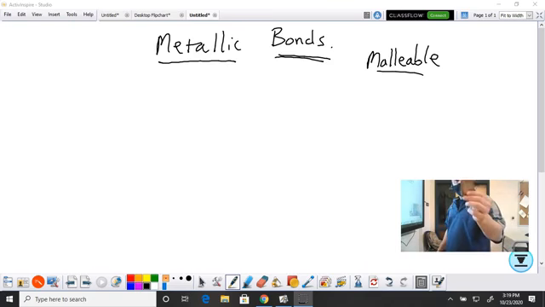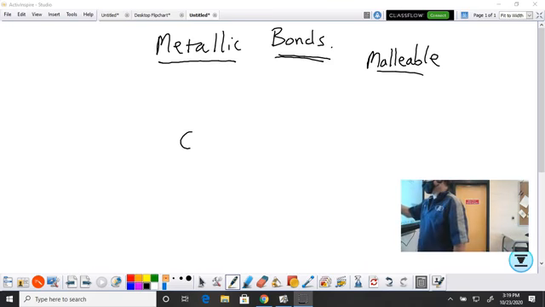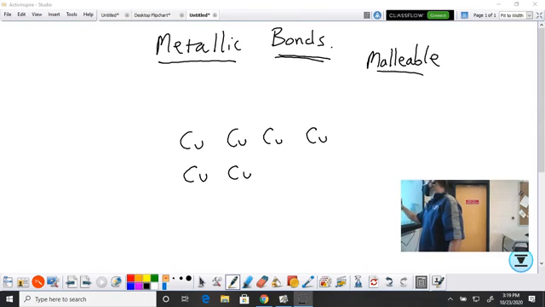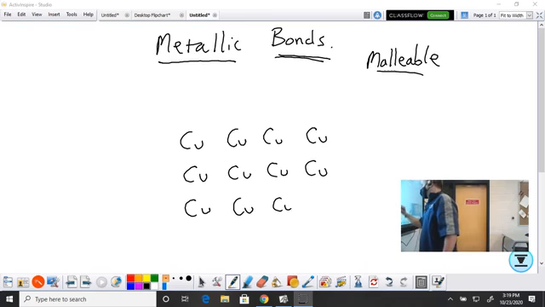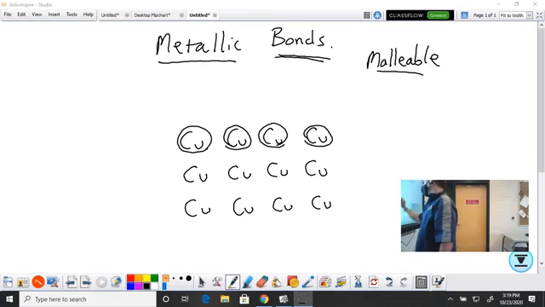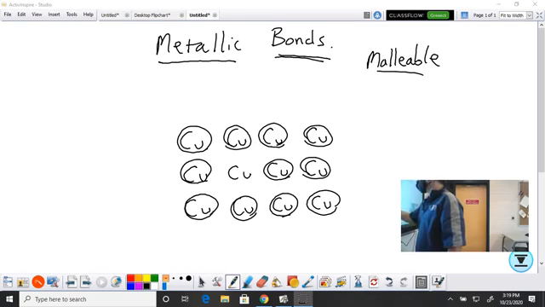Copper is also, as you know, very good at conducting electricity. And it's because of the bonds inside of copper and the way the electrons are arranged that allow for it to be malleable. Okay, here's what I mean. Inside of a piece of copper, you have a bunch of copper nucleuses. And each one of these nucleuses, as you know, have protons. And the nucleuses themselves are all positive because protons are positive, so they're all positively charged. Maybe they're +2, maybe they're -2, we don't know. But they're positive.